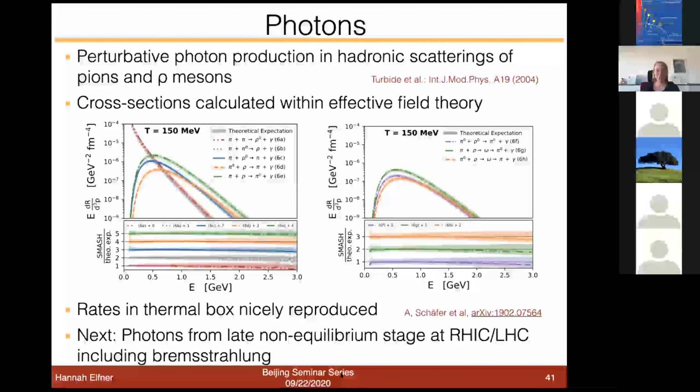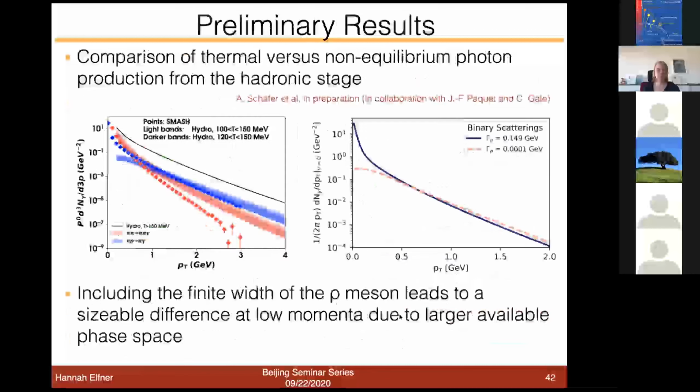And now, of course, the next interesting part is to apply this framework within a hybrid approach at high beam energies to see how the photon production in the late, non-equilibrium stage looks like. And for that, we also had to add Bremsstrahlung, which was another bigger effort. But now we're close to having results. And I would like to show you here the first preliminary pictures that I got from Anna and Jean-Francois, basically,